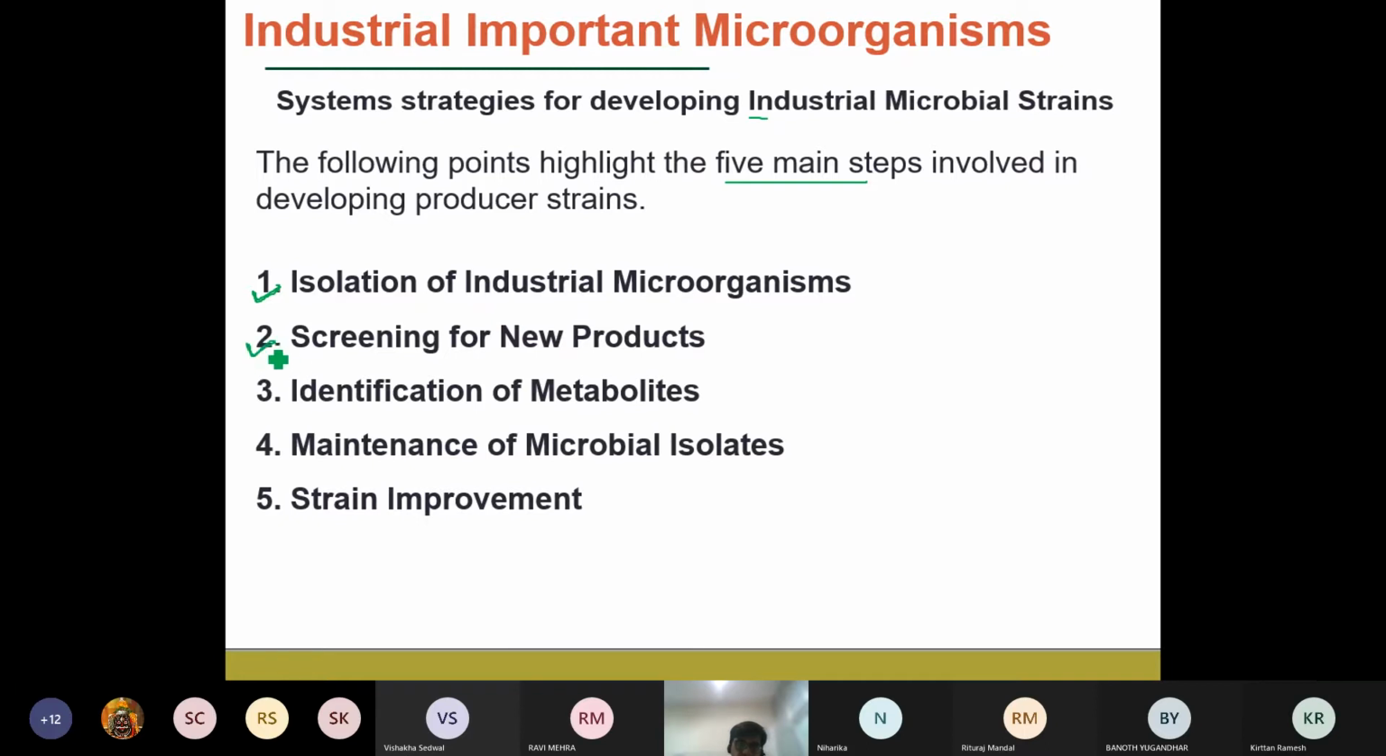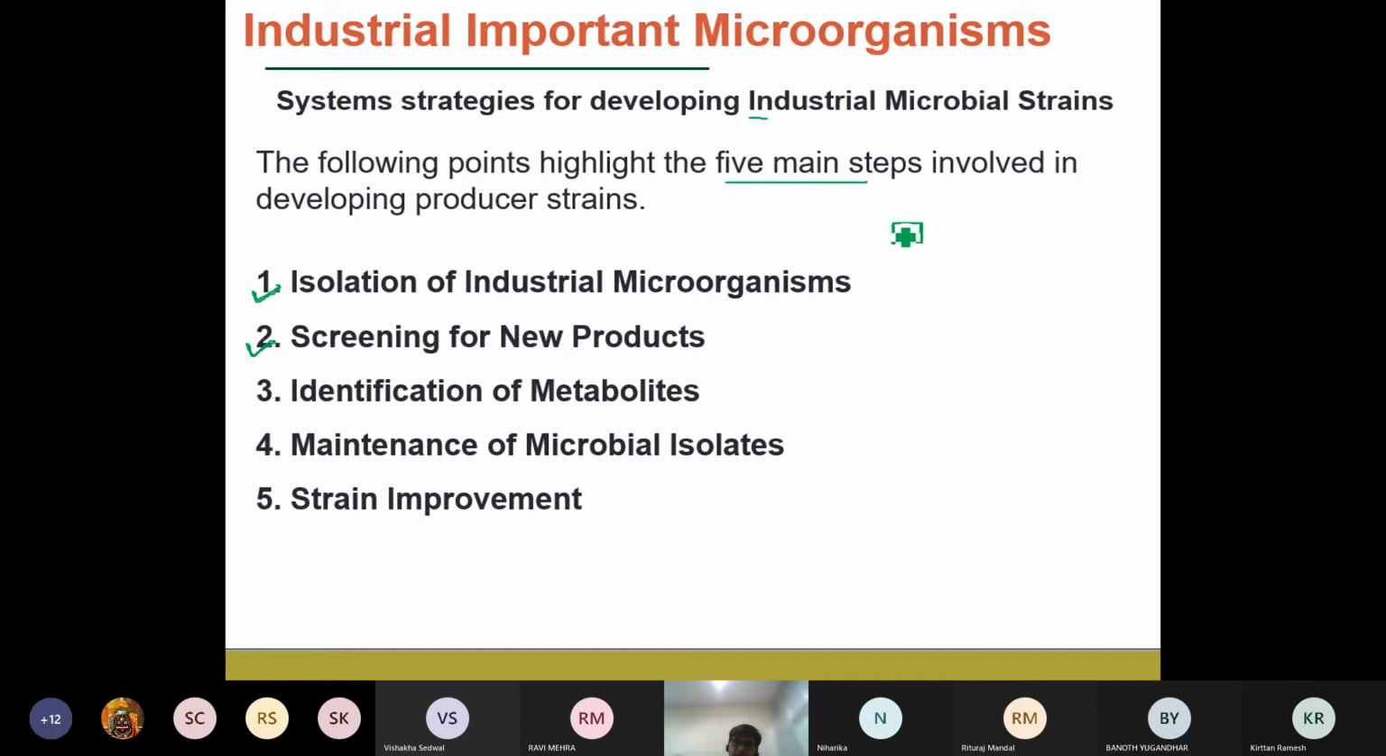When we screen them, it means you have to see what products they are producing and what byproducts are there. So, for example, how do we do the screening? Suppose you went to a particular place, and you find out in a particular area